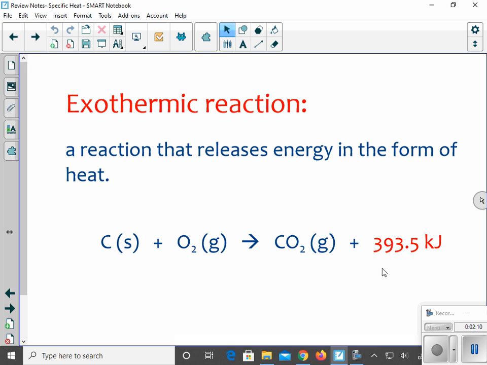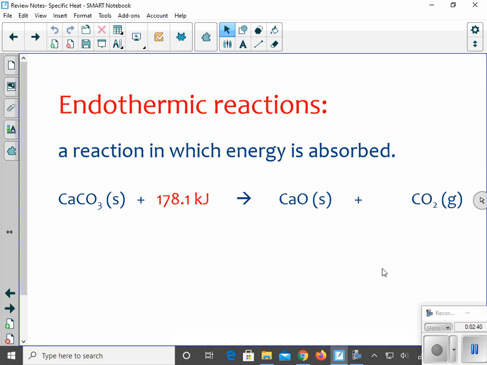Now, notice where that is in the reaction. It's on the right-hand side of the arrow. So what side of the reaction is that on? The product side. Keep that in mind, because when we have the heat on the product side of the reaction, it is exothermic. It is being released. Now, as I look at this equation, my endothermic reaction, this is a reaction where heat needs